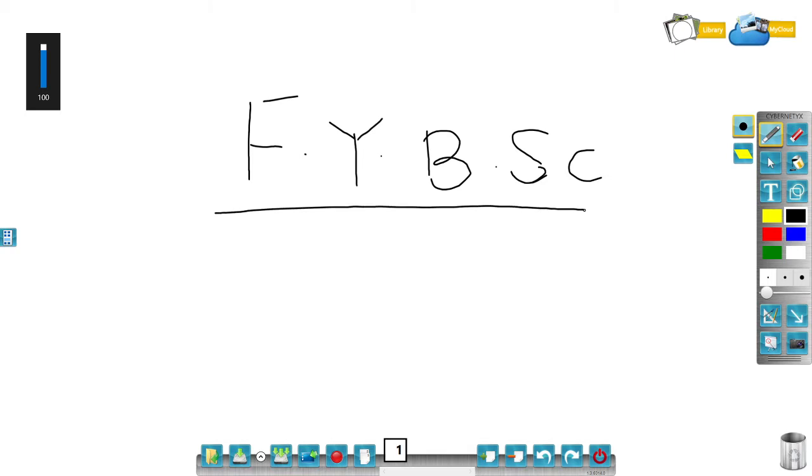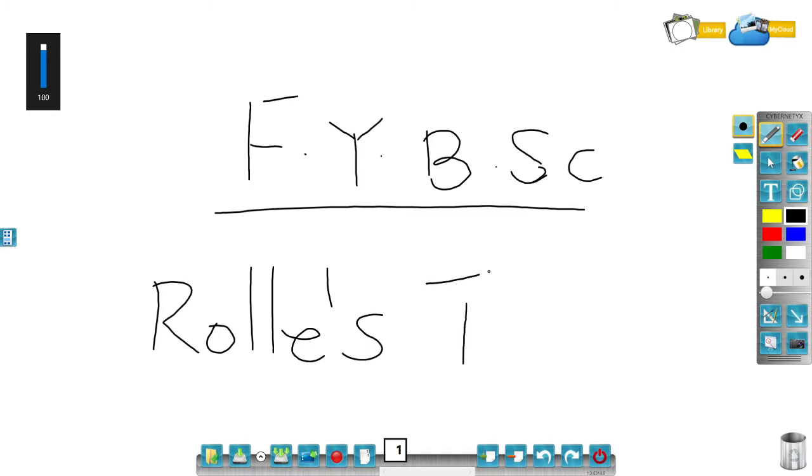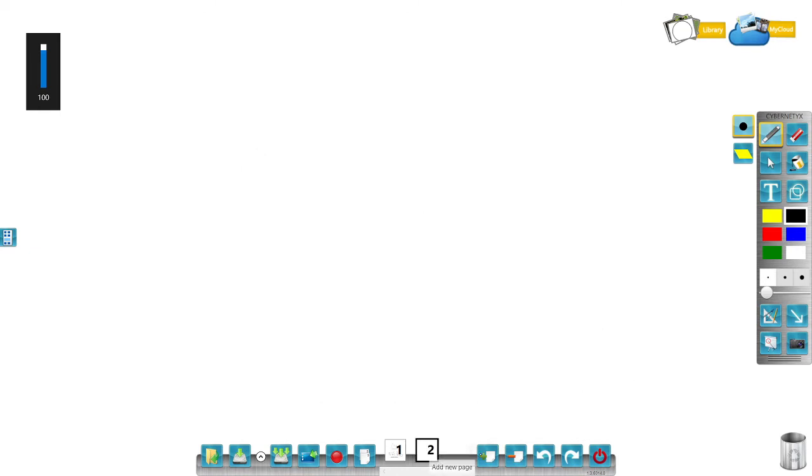So in this lecture, we will state a very important theorem of calculus called Rolle's theorem. We will not prove the theorem, but we will see the application of the theorem in this lecture. So let me state Rolle's theorem. The theorem says